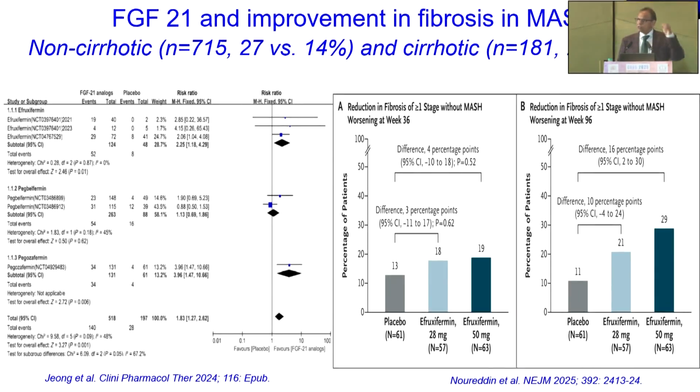What about FGF21? No human data, but there is very interesting animal data, which I'm not showing here, showing not only endogenous FGF21, but also exogenously administered FGF21 has an impact through central mechanism and decreased alcohol use in these patients. And this is the data here: shown on the left-hand side is the non-cirrhotic population, MASH, showing benefit. And on the right-hand side, cirrhotic population, MASH, showing the benefit of FGF21 in terms of improving FDA-approved endpoints of improving fibrosis without worsening inflammation.